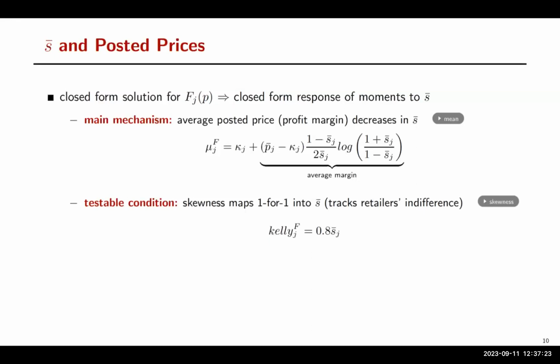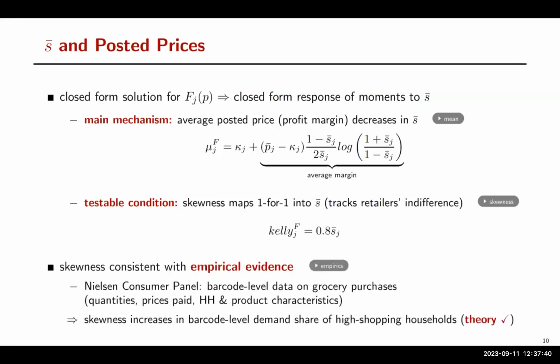Okay, so in this way, the third moment of the price distribution, the skewness, very naturally picks up how in equilibrium the incentives of retailers of posting low versus high prices change, how they respond to search effort. And that's why I can use the skewness for an empirical test of whether this mechanism is there in the data. In the interest of time, I won't have time to go over the empirical details, but basically